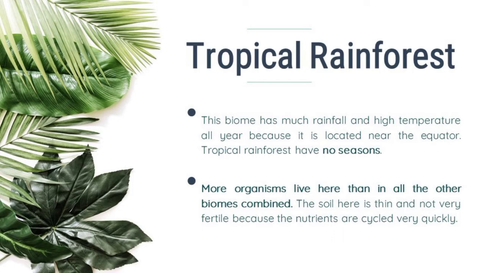other biomes combined. Again, even if you combined all the species found in all the terrestrial biomes previously discussed by my classmates, there are more organisms found in tropical rainforests. So they have a very high biodiversity of organisms. However, we have to note that the soil is thin and not very fertile because the nutrients are cycled very